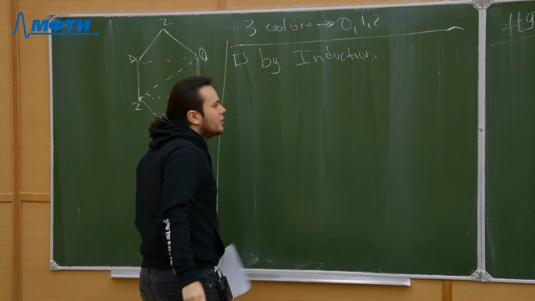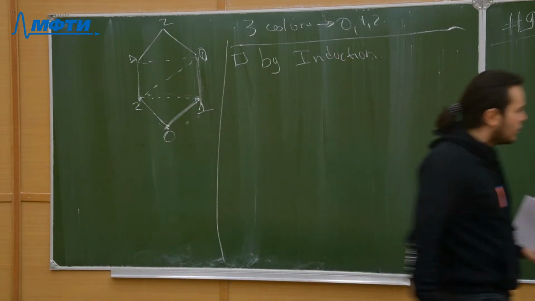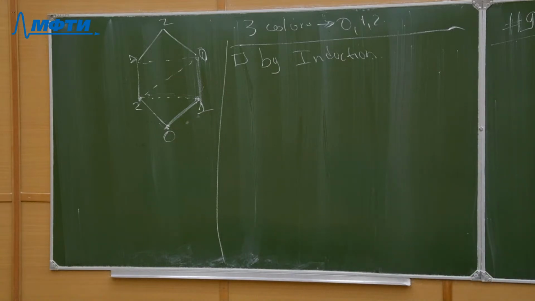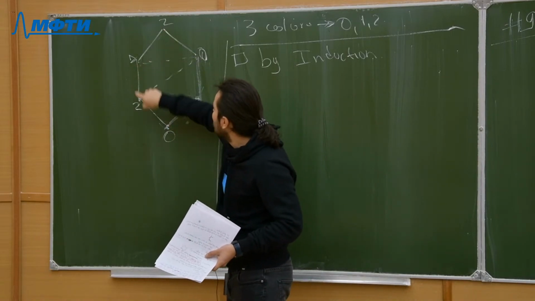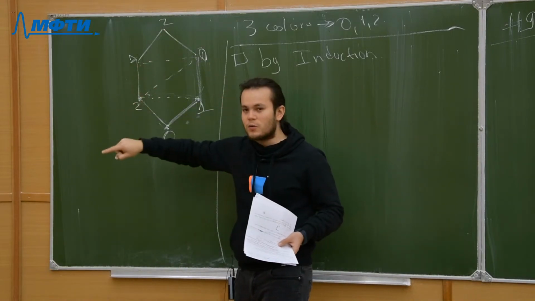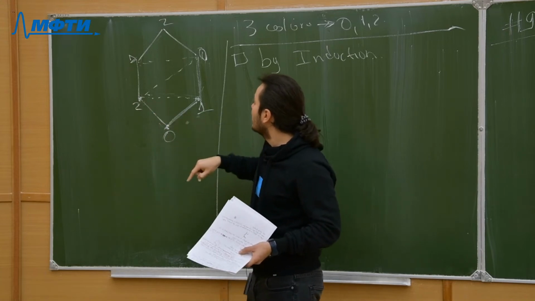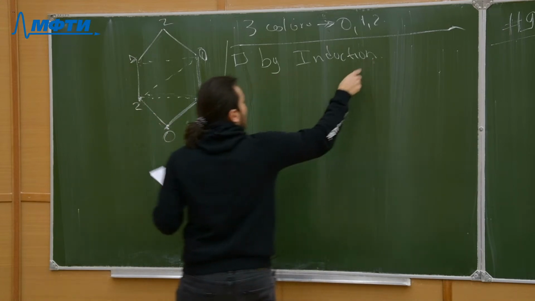But by induction on what? Well, of course, we have to consider the number of vertices or the number of sides, right? I mean, how many do I have here? 1, 2, 3, 4, 5, and 6. We have 6 vertices as well as 6 sides. Okay, so my induction